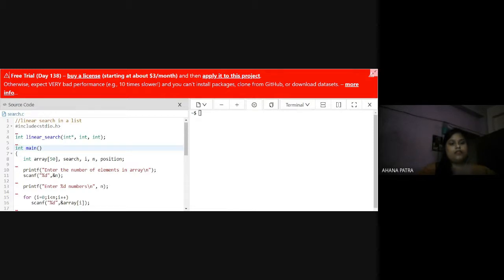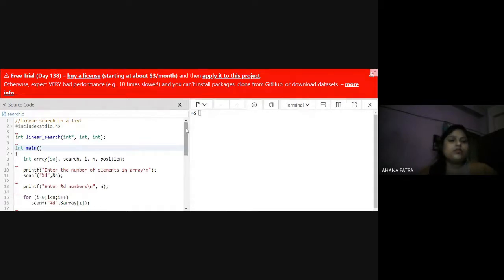At first you can see that linearsearch is a function which returns an integer data type, and it gets three inputs. The first input is the base address of this array, the second is how many data items we store in the array, and the last is the data we want to find.